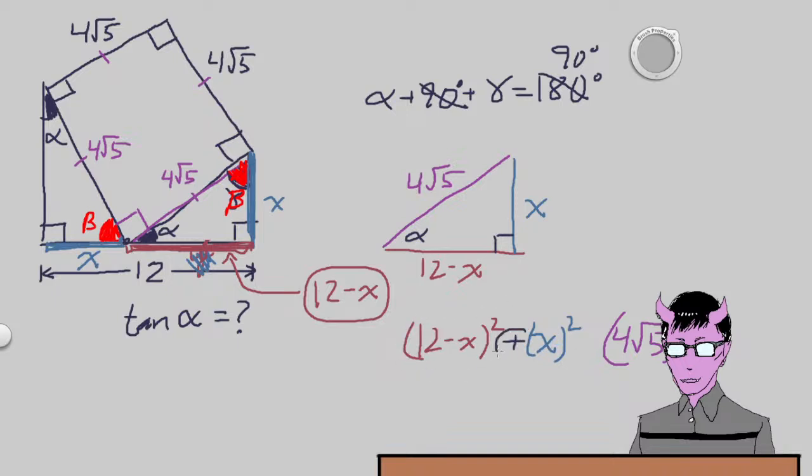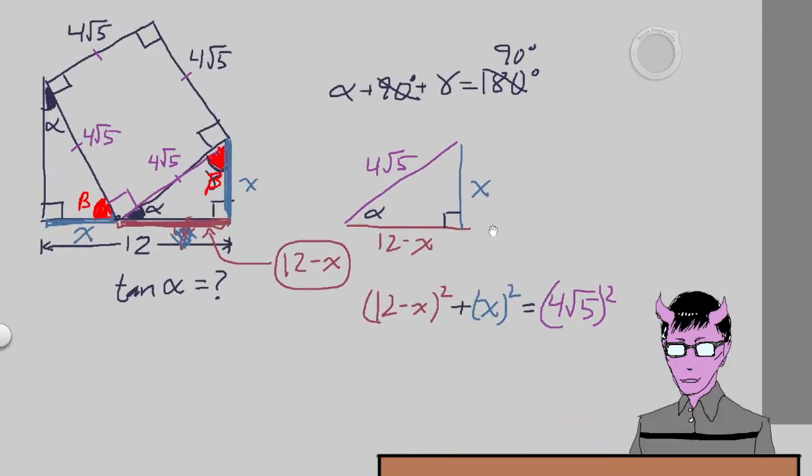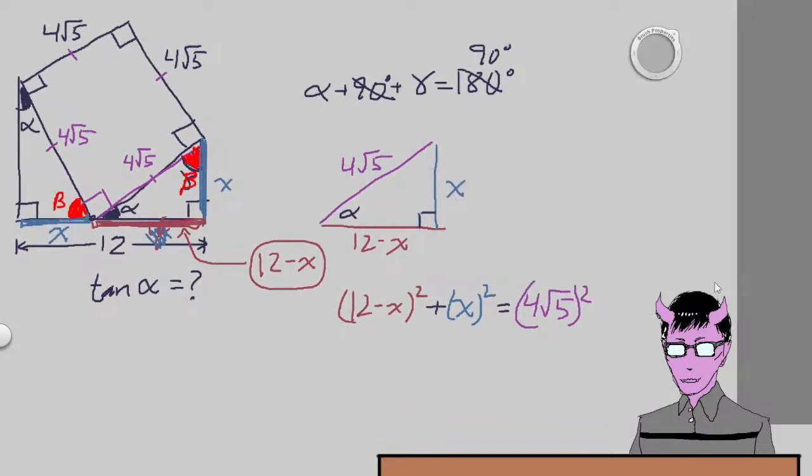Again, a squared plus b squared equals c squared. Alright, just to make sure things are clear, I'm going to drop the color at this point. Let's take the square root of both sides. Square root of that, square root of that. And resolve this binomial expansion. So we're going to get